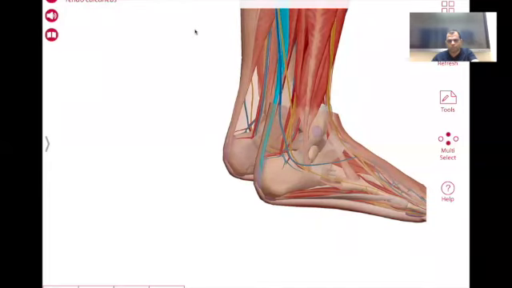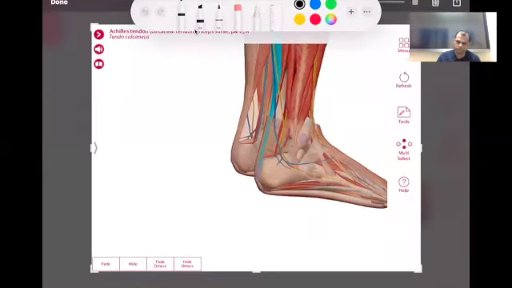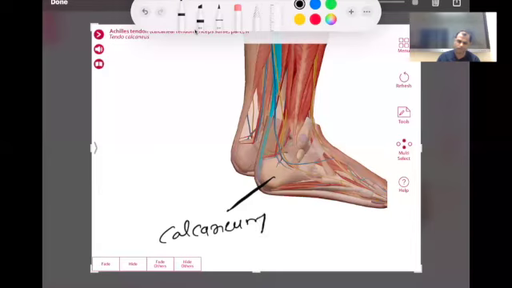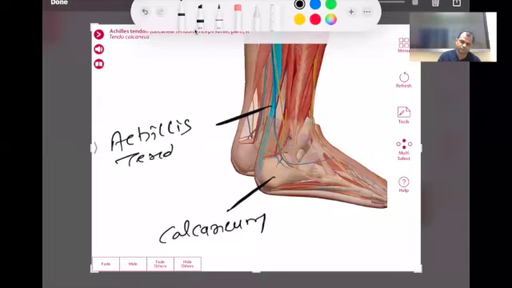And this is the bone. The name of this bone is calcaneum bone. And this is Achilles tendon. In between this tendon and bone, we are having one single pouch here. The name of this pouch is bursa,